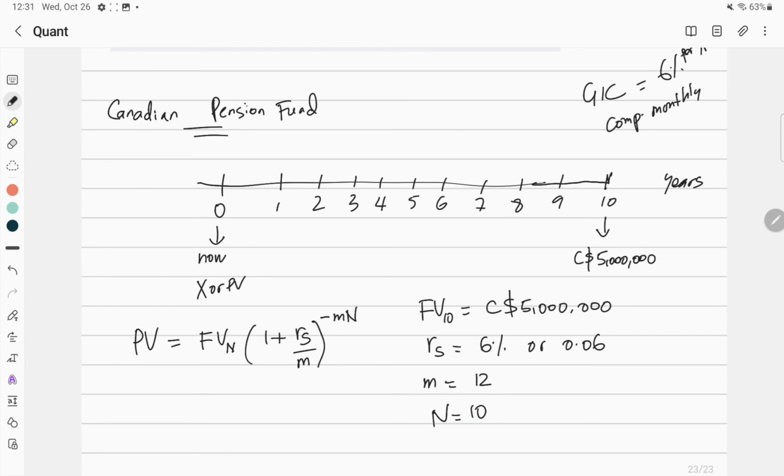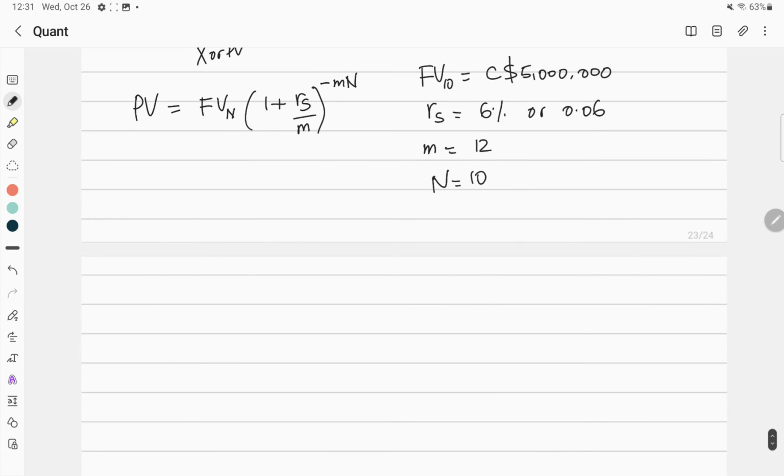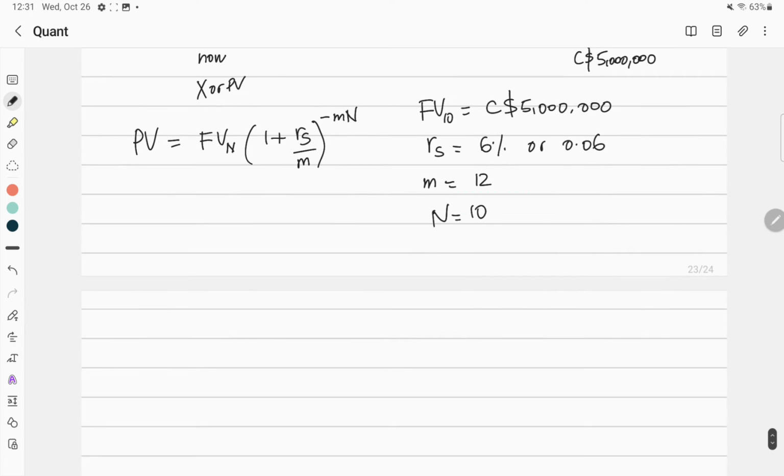The only thing left is substituting these in here. So the present value is simply the future value after 10 years, which is Canadian dollars 5 million,